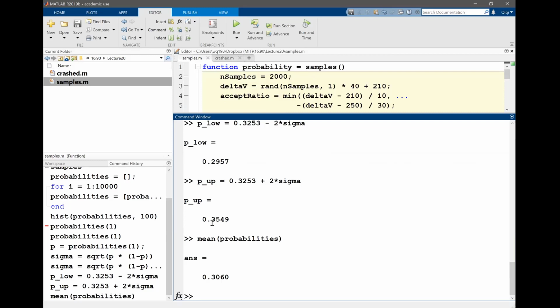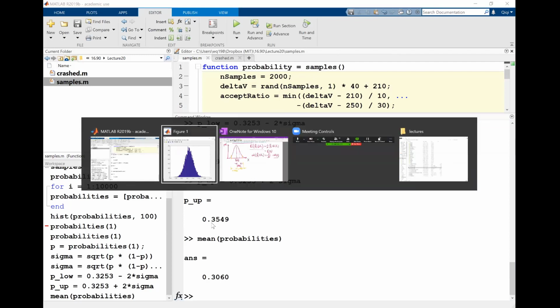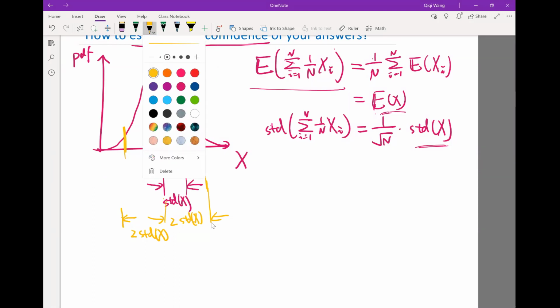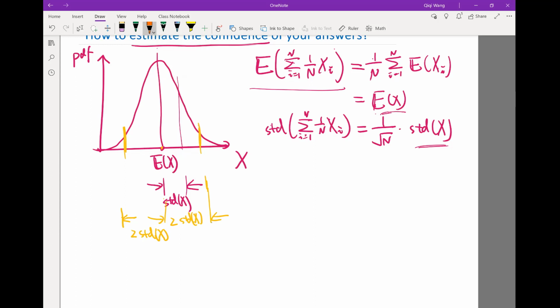So that's what is given by the 95% confidence interval according to the normal distribution. Okay, and another, actually a little bit less reliable way, is that some people use the 3 sigma confidence interval. So if you take 3 sigma, or 3 standard deviation, it's sometimes called the 99.8% confidence interval. So the 2 sigma actually corresponds to a